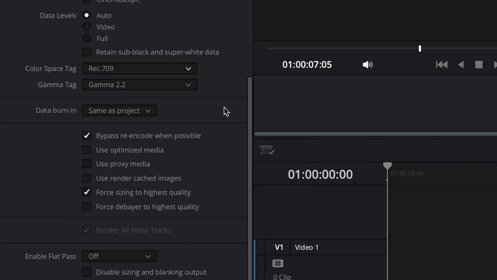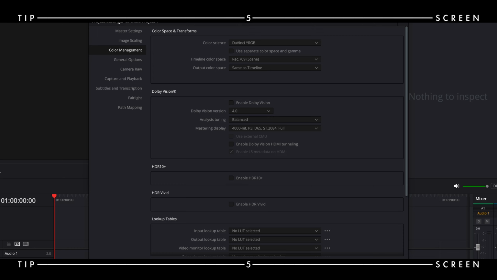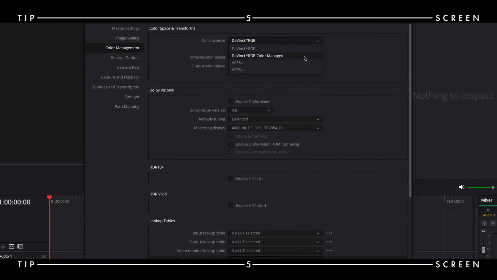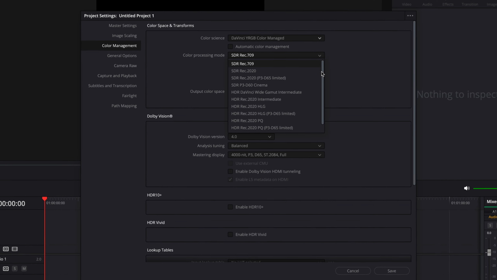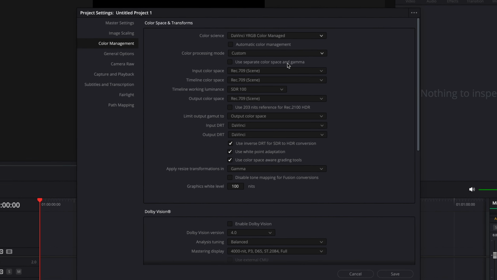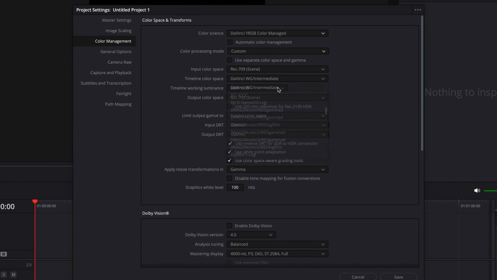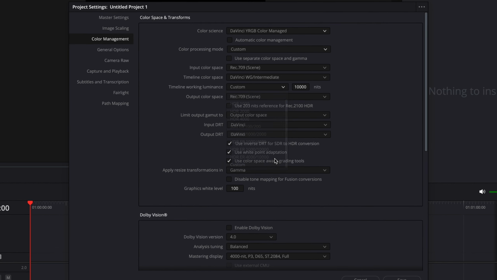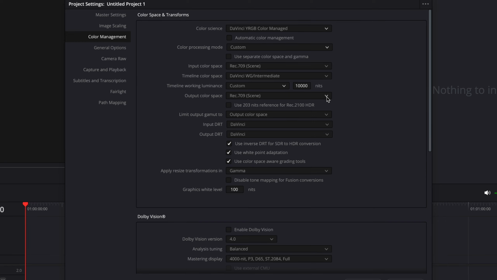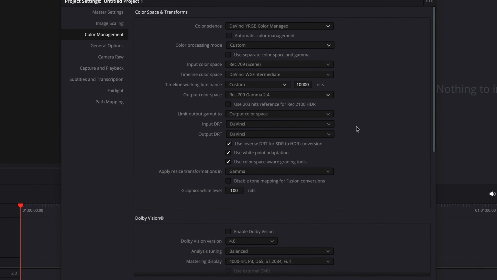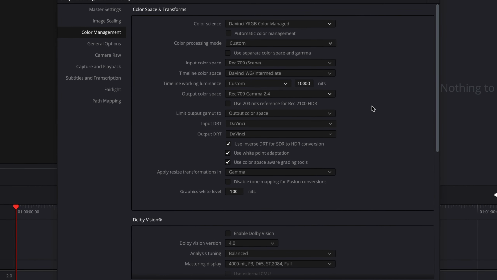Note that Gamma Shift is a macOS issue for web deliverables like YouTube and Vimeo. Do color grading using your screen's native color space in project settings, and switch to the required color space only before rendering. This approach ensures you accurately see the output colors. However, if you can adjust your monitor settings to match the color space of the target screen, do so.